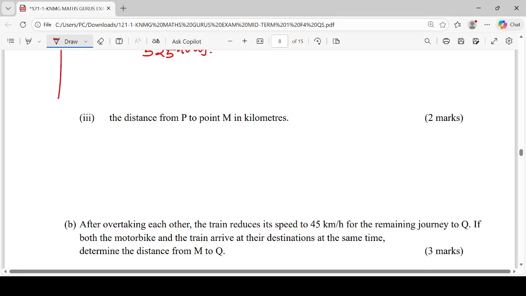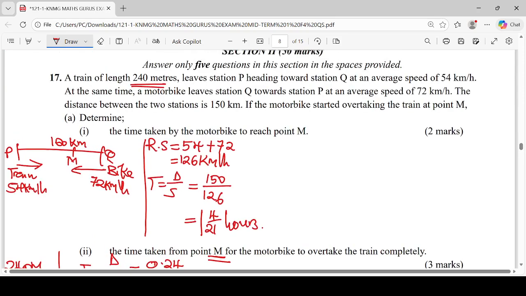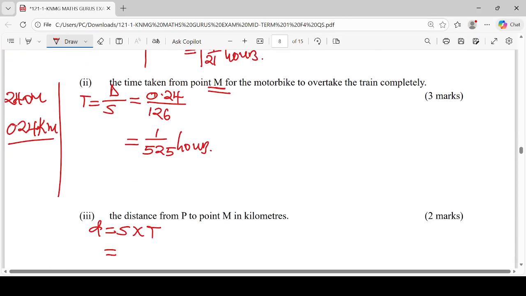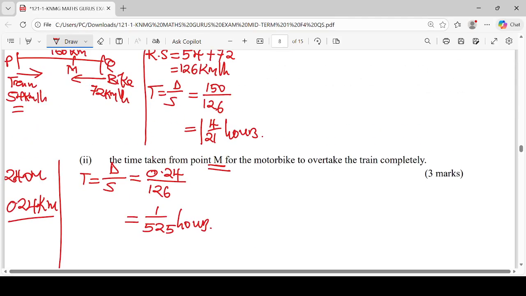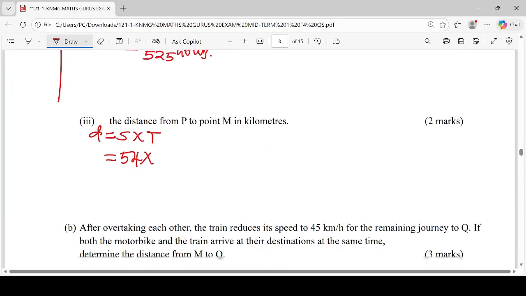So to get the distance, remember distance is given by speed times time. From P to M, it is the train that was moving from P to M, and it was moving at a speed of 54 kilometers per hour. So it will be 54 times this time, which will be the time taken to meet, which we found here is one whole number 4/21, which we can say to be 25/21. So the time here will be